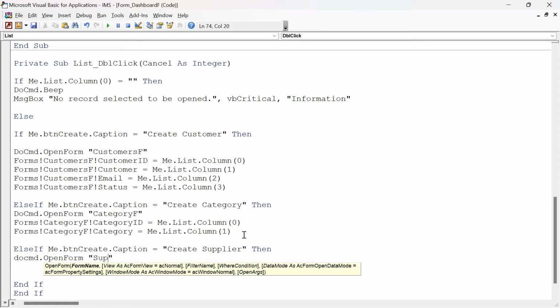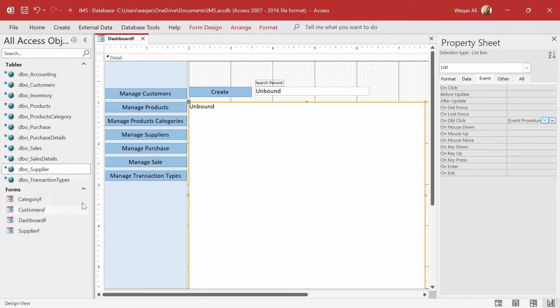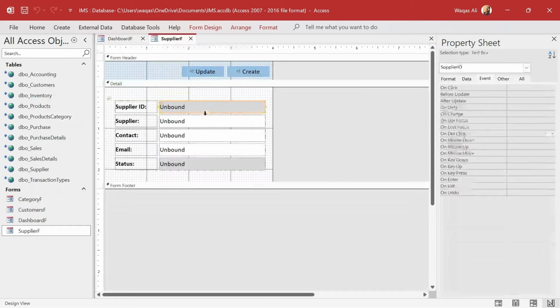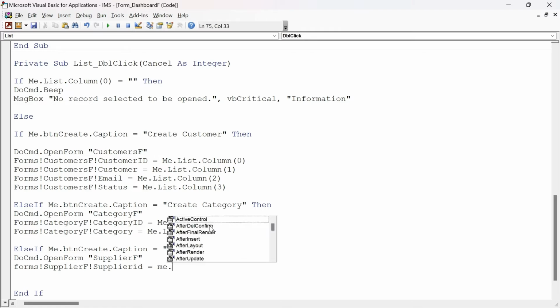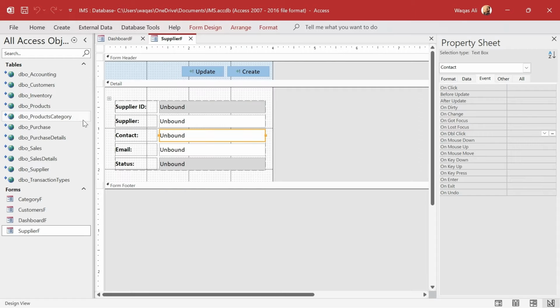What's the name of the form? Supplier F. Okay, and then we have to give reference of this information, and let's open this. So supplier ID, supplier, contact, email, and status. So we'll say forms supplier F exclamation mark supplier ID equals me dot list dot column 0. Remember, it's located in column number 0. Okay, then we go to